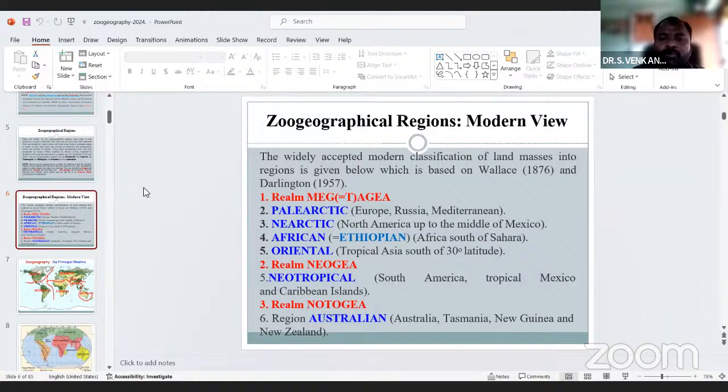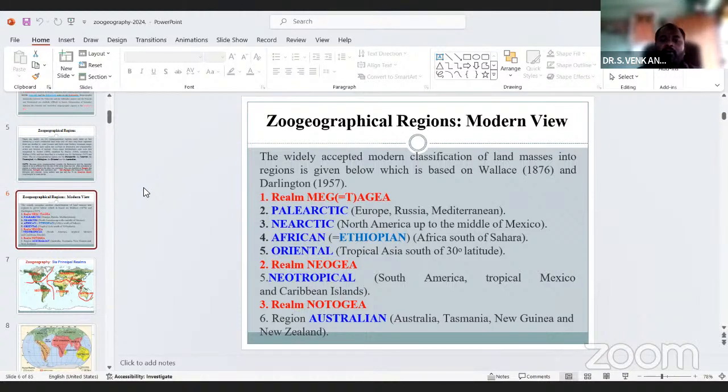So, geographical regions, modern views. What is the modern view? The widely accepted modern classification of land masses into regions is given below, which is based on Wallace 1876 and Darlington 1957. These two scientists are the modern zoological and evolutionary geographers.